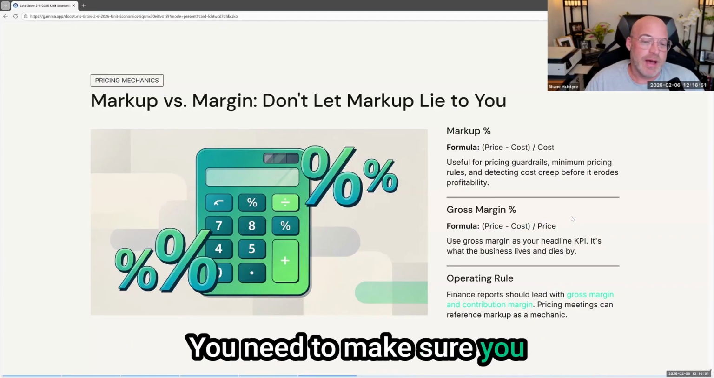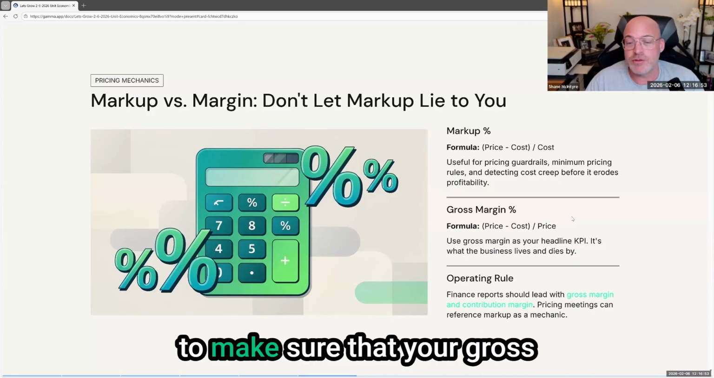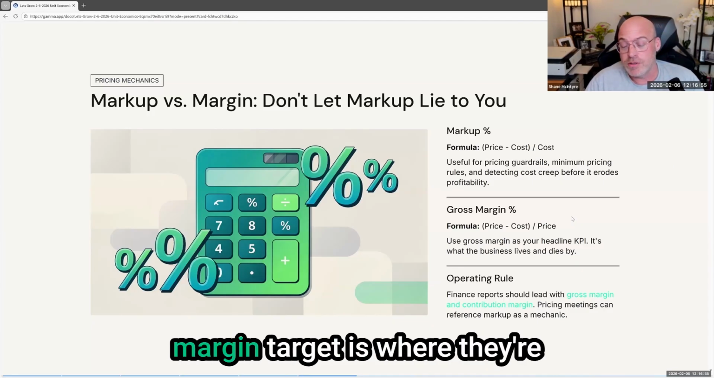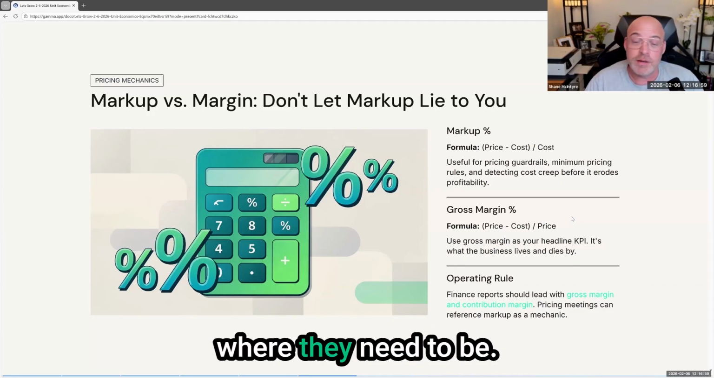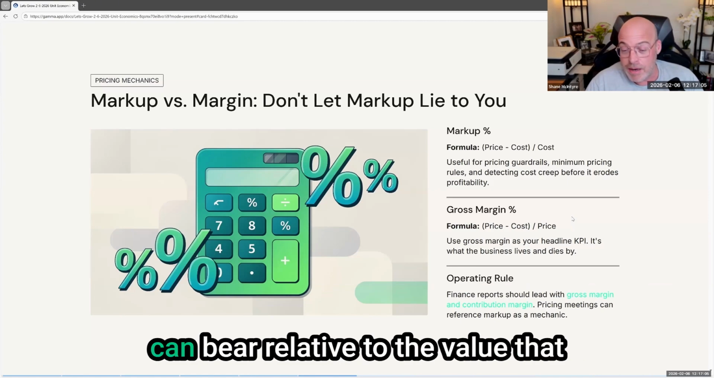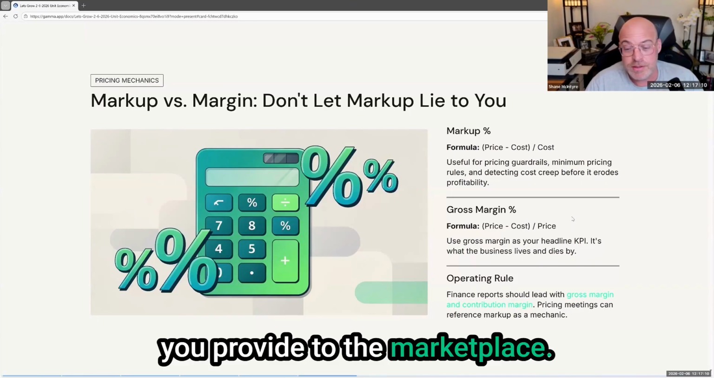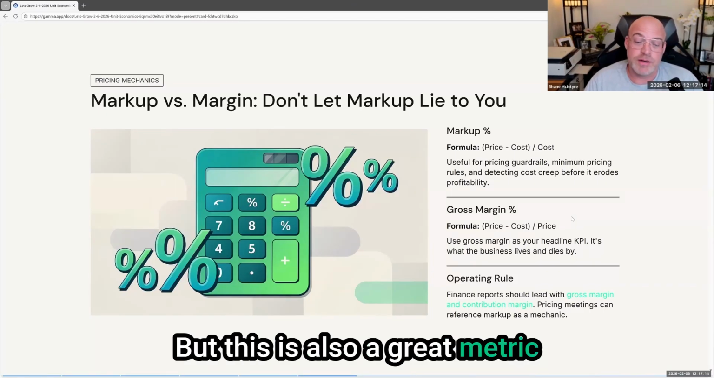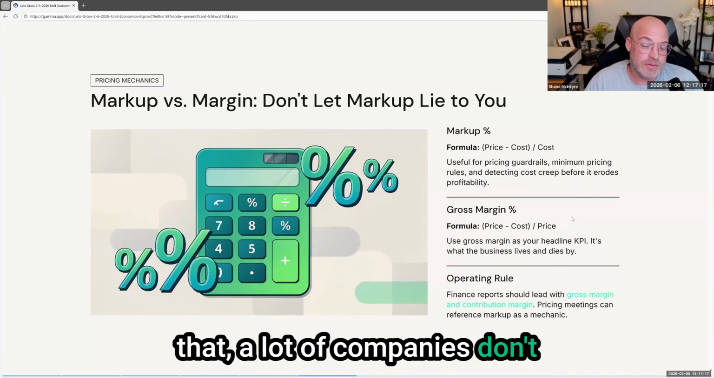You need to make sure you have a high enough markup to make sure that your gross margin target is where they need to be. And your markup needs to be priced as high as the market can bear relative to the value that you provide to the marketplace. But this is also a great metric that a lot of companies don't really, I think,